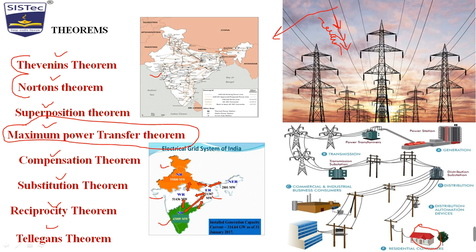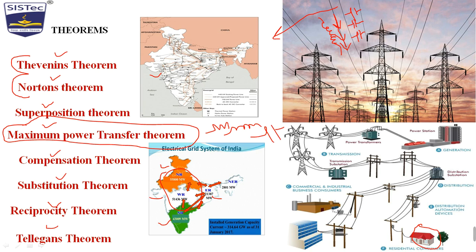Distributed elements. This is behaving like an inductor, and between these two wires there is a separation of air, and in this air there is the presence of a capacitor. Distributed capacitors are present here. Distributed capacitors are present here. So the whole transmission network of India can be summarized or squeezed into an R, L, and C circuit, which are the passive elements which we have studied.